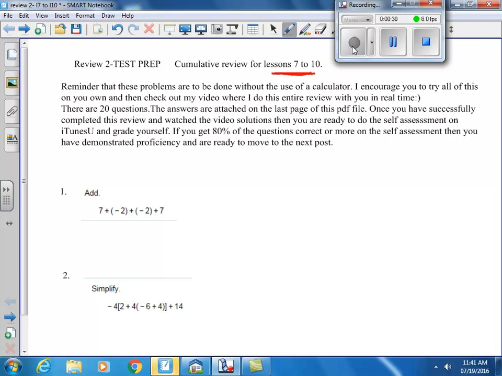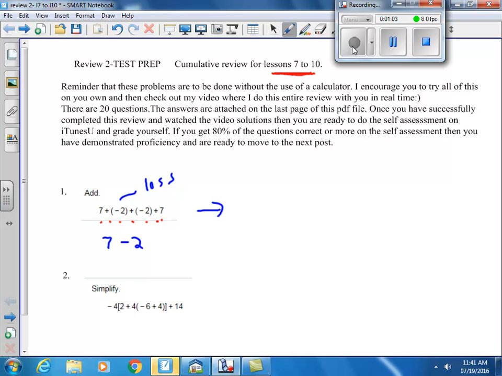Okay, here we go. 7 plus -2 plus -2 plus 7. So with this review, we have to be really comfortable with our integers. By now we've been through the notes on all the operations on integers, and we are ready. Okay, so when you think about negative, I want you to think about loss and positive gain. Think about money. So if I have 7 and I lose 2,